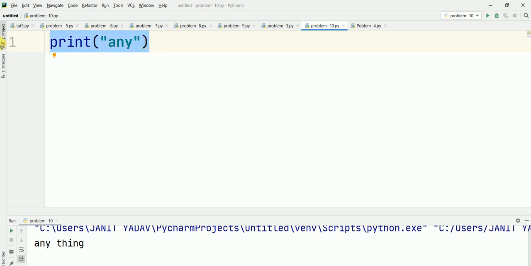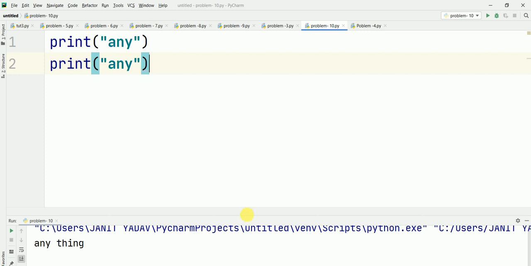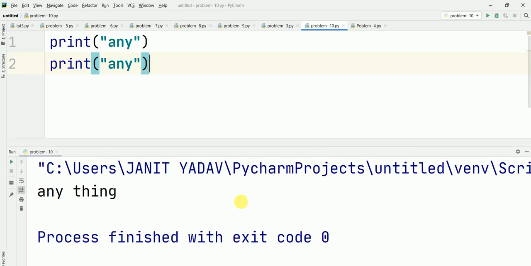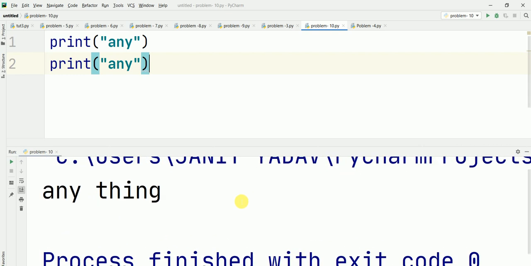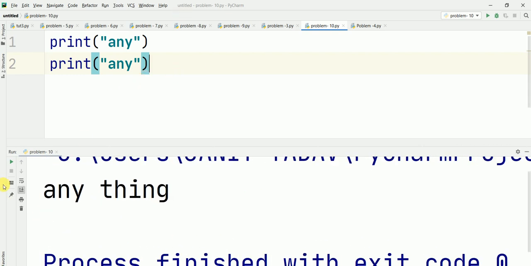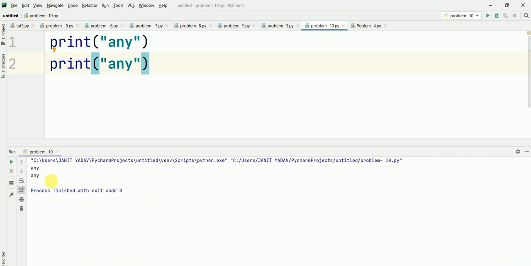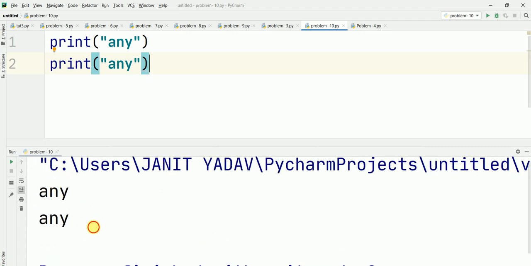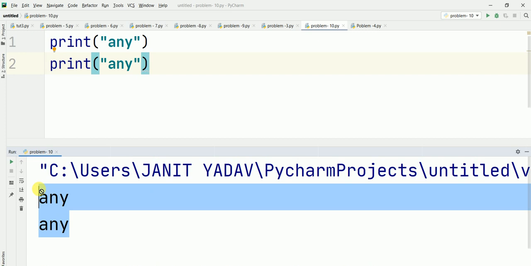I copy it and paste it, scroll down, paste this, and zoom in. Now you will see these are two statements. This is the statement of the first print function.